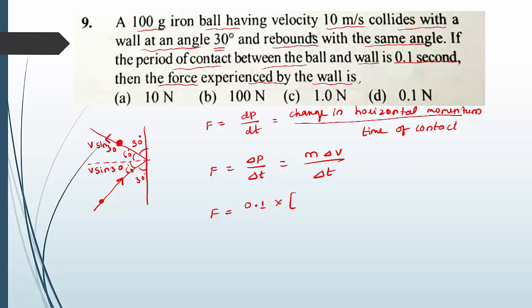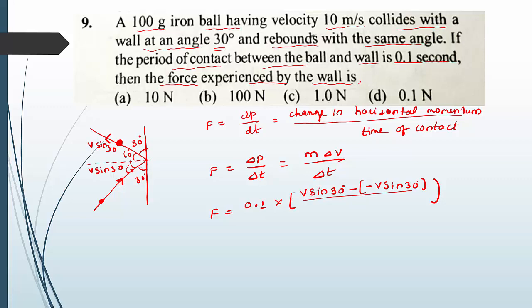So in place of delta V, delta V means a change in velocity. So initial value, it is going to hit the wall with the component of velocity V sin 30, minus, again it rebounds back with the same value but in the opposite direction. So we can write minus V sin 30 degree. This is the component of velocity. Why do we have to consider the negative sign? Because initially it is moving in the forward direction. After hitting the wall, it rebounds back in the opposite direction. So we can write the minus sign.